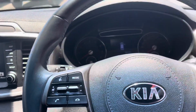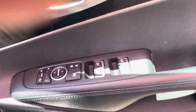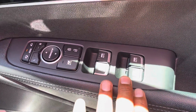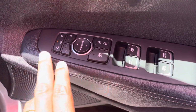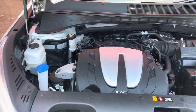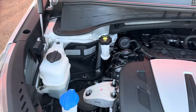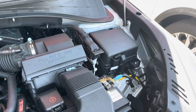All right, okay, while we're at it, I'll lift up the bonnet and give you a look underneath it. Before I do that, you can see that all your windows are automatically electric down. You've got your central lock button, your lock button for your windows, and your automatic mirrors that fold in and out. I'll give you a bit of an example on that. Fantastic. Okay, so just going to go through the engine bay right now. Just lifting up the bonnet. Fantastic. Looks pretty clean and tidy in there. It is an engine, but I definitely have to show you anyway. As you can see,